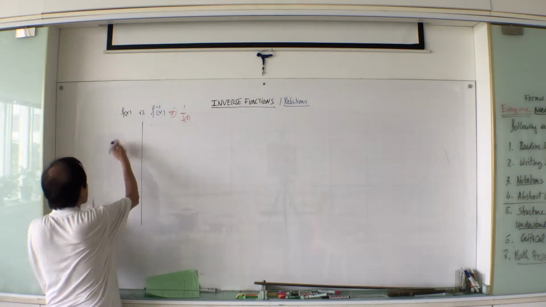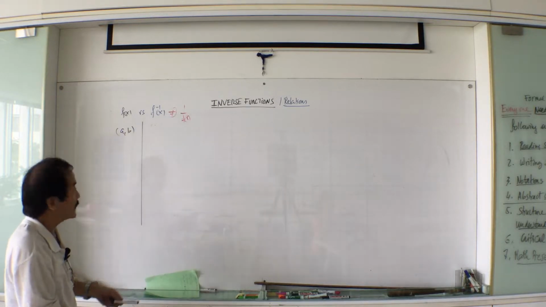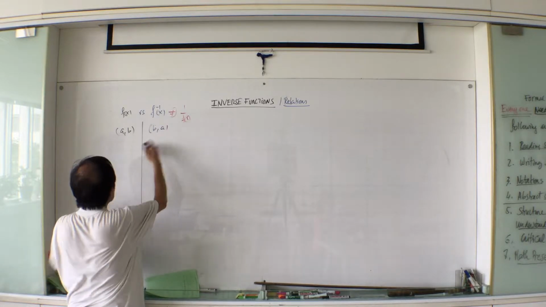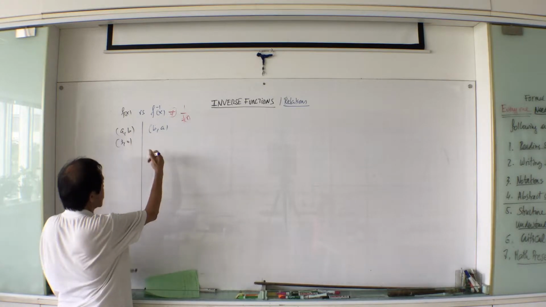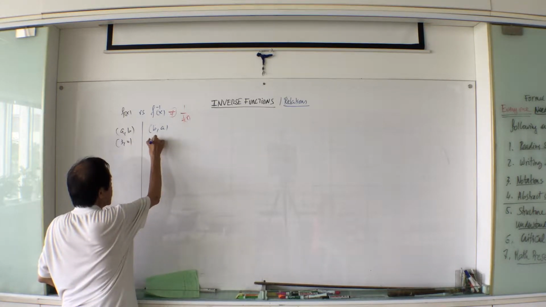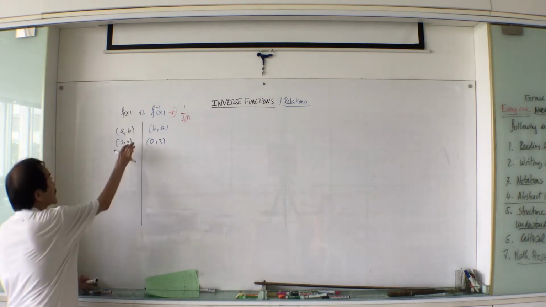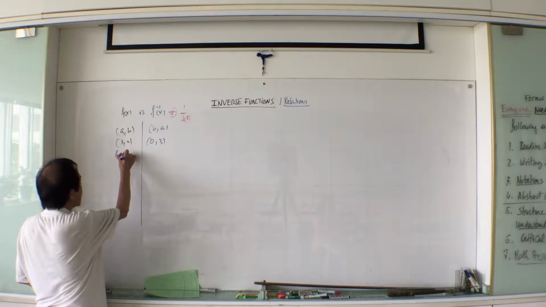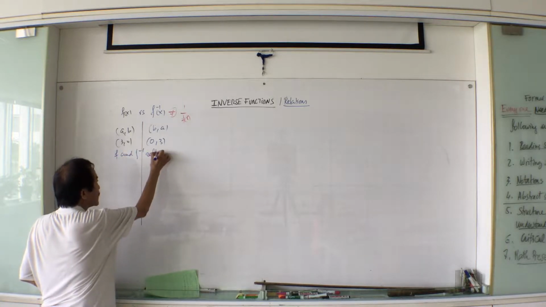If we have the point (a, b) on the graph of f, then on the graph of the inverse we have to have (b, a). For example, if you see the point (3, 0) on the graph of the function, this will become (0, 3). Second, this means f and g, the inverse, f inverse, reflect